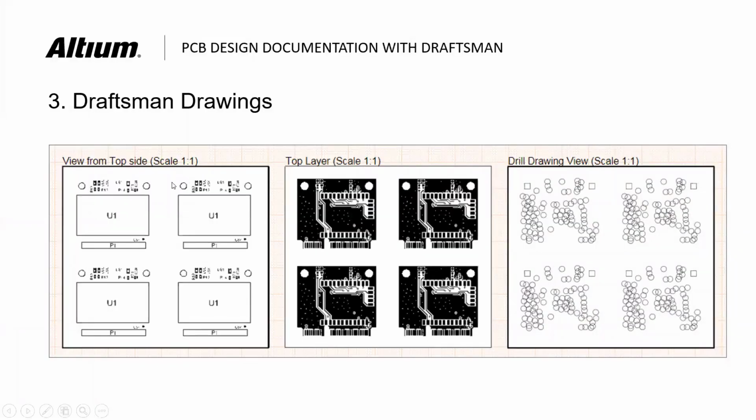When we look at the assembly view, the example I have shown is the top side. You can also see your assembly drawing from the top, left, right, and all the sides. The middle one is the fabrication view, which is based on the layers. For example, it is shown only on the top layer. If you want to add layers, you can add them and change which layer to show for each board. If you want to share it with the manufacturer, they can see all the layers here, by adding, copying and pasting the layers, and then changing them accordingly. Then the drill drawing view.